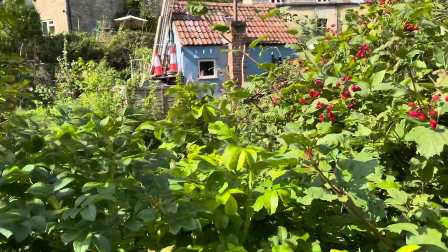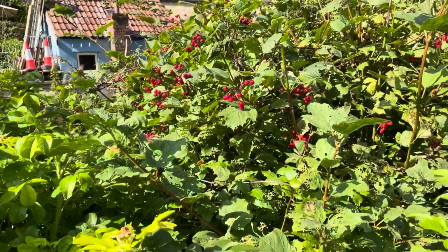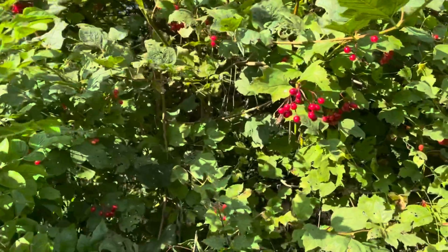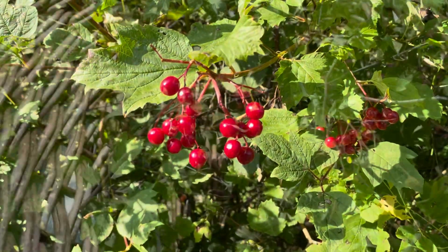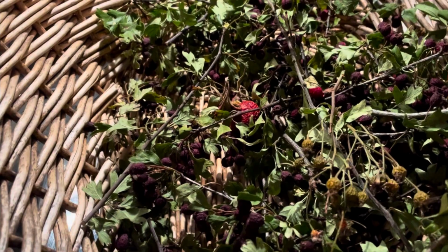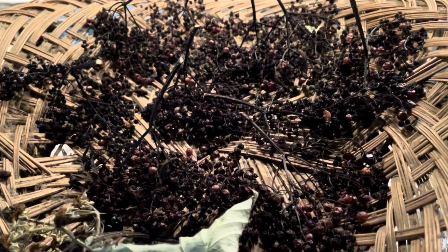I collected my herb cabinets from Cornwall and have been preparing them for our forthcoming exhibition. I've been drying hawthorn and blackberries and elder, ready to make into tinctures to put in the cabinets. I've chosen bramble, wild rose, hawthorn, elder and birch. When the berries are fully dry, I'll bottle them and cover them with vodka and steep them to make a